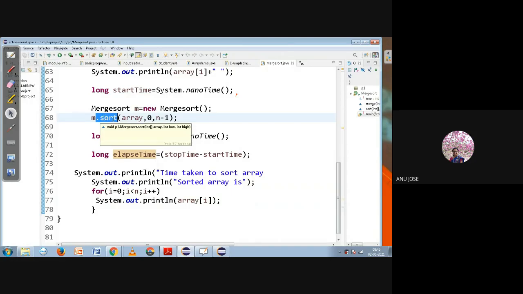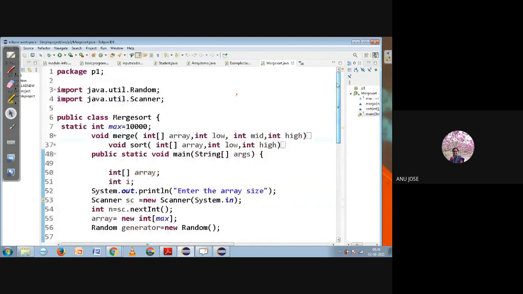So for calling the sort function also, I need the object of the merge class. Until or unless it is a static function, you need all the functions called with the help of an object. So in this case, look into the main. These are the functions it was having. One is merge, which is not a static function. Again, sort, which is also not a static function. Only main, that is the static function. So only main I can call from this merge sort class without creating the object. But other functions like sort and merge, I need the object of this merge sort class. With the help of that object only, I can call the function.